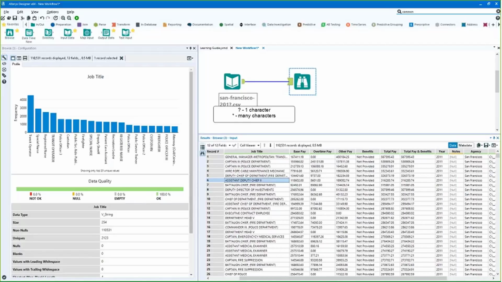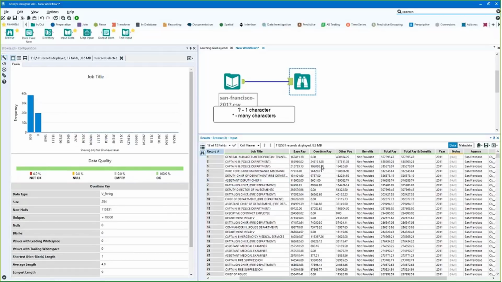Now, if I clicked on overtime pay, this looks like a really odd field, right? Because it's numeric, it's salary data, but this doesn't really make sense. Well, the problem is it's the data type V_String, and we'll be getting to that shortly. So it's treating these numbers as words. So what would you do with words? You might just look at